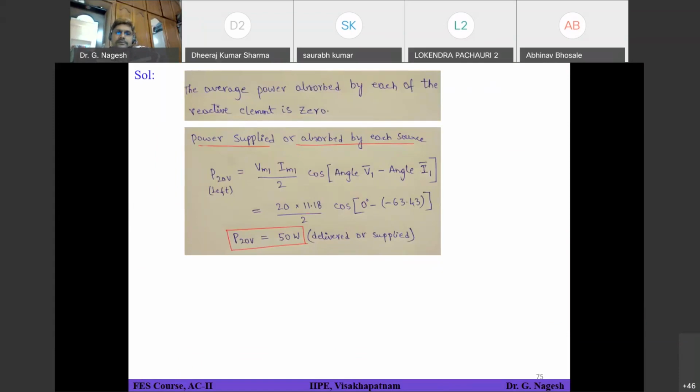Absorbed by the right source. Resistance. Okay. So that remaining 25 watts should be absorbed by some other element within your circuit. Inductance and capacitance cannot absorb power, and only the resistor can absorb, and it was observed to absorb 25 watts alone. So the power absorbed by the other source, which is on the right hand side, which is 10 at an angle of some degrees they have given, should be equal to 25 watts. Remember, the power absorbed is equal to 25 watts and the power delivered will be minus 25 watts.